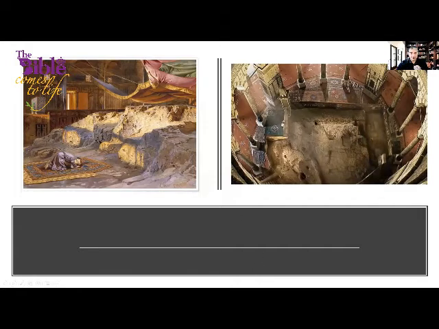This is the Dome of the Rock from above, inside, from above the dome. This is the foundation stone, and this picture was taken around the 19th century. It's a drawing by Roberts showing the same thing that we have here, the Muslim prayer in front of the foundation stone.